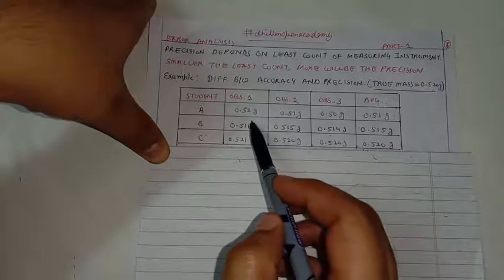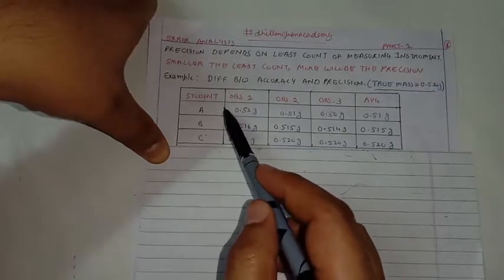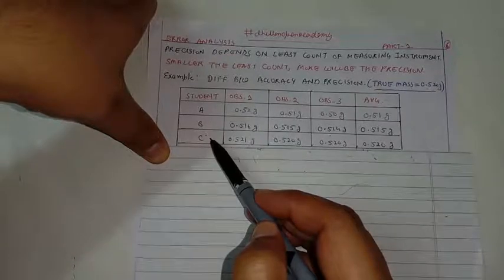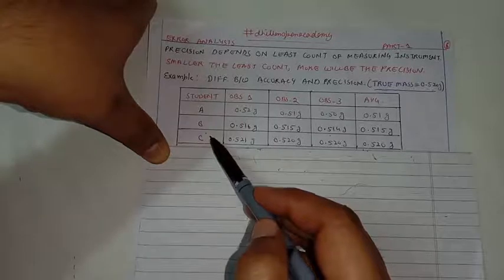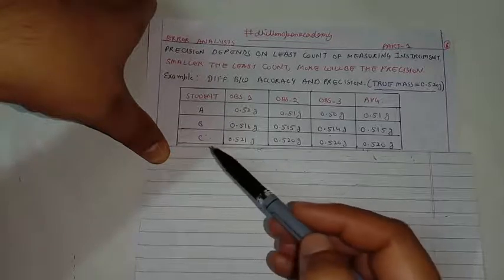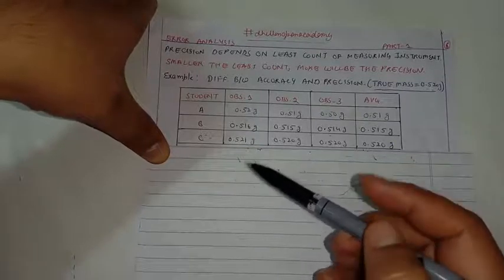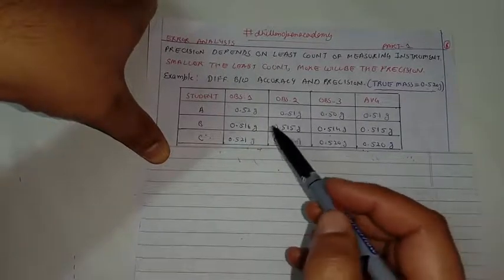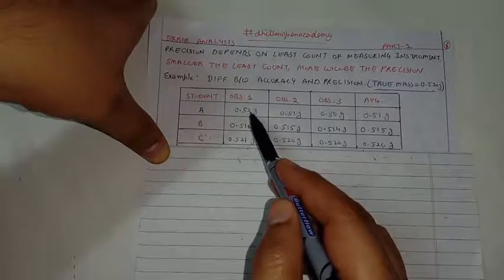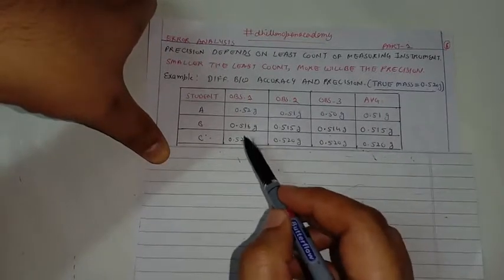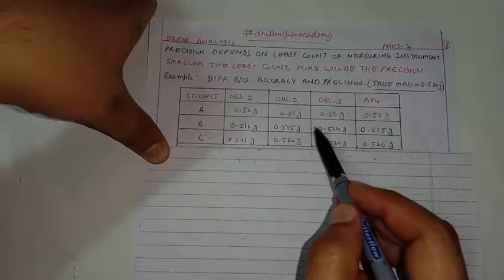If we look at the values taken by student A, B and C, then we have to see which of the values of student A, B, C are accurate as well as precise. First we compare the resolution of the measurement. You can see that student A is expressing its result only up to 2 decimal places, but B and C, they are expressing their result up to third decimal place.